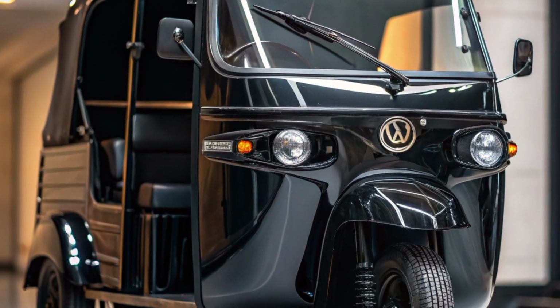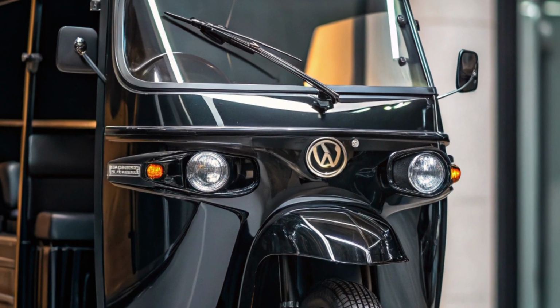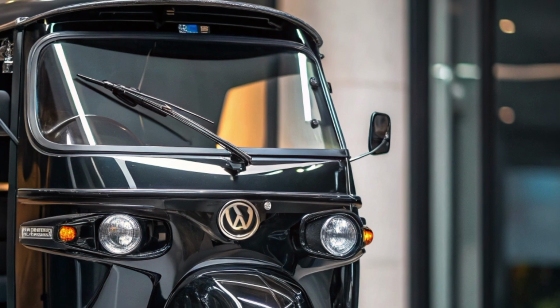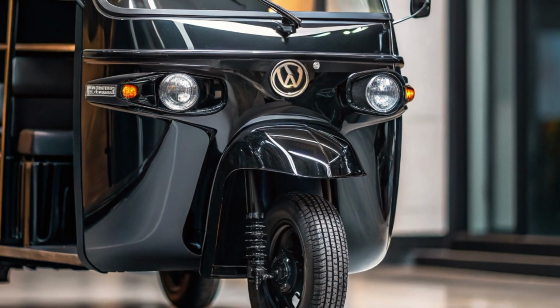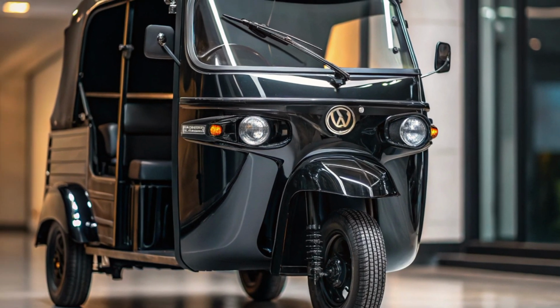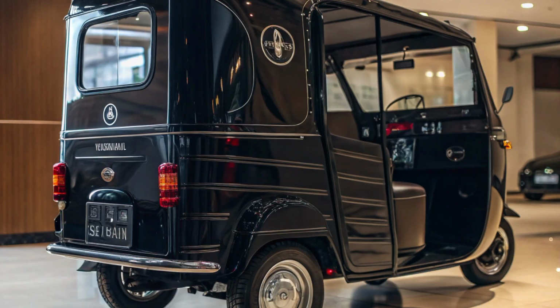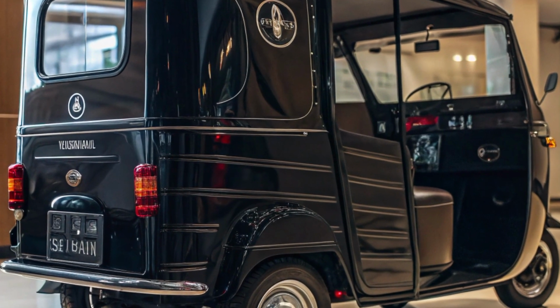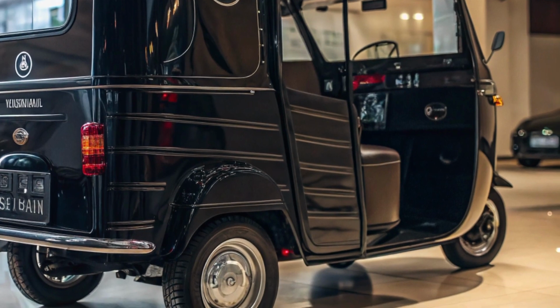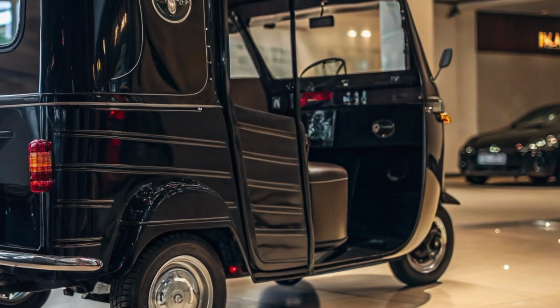Under the hood, this rickshaw comes powered by a newly developed engine or electric powertrain, depending on the variant. Reports suggest Yamaha might offer both petrol and electric options to cater to a broader audience. The petrol version is likely to feature a 150cc engine tuned for low-end torque and fuel economy, ideal for city commutes and short-haul transport. On the electric side, users can expect a range of around 100 to 120 kilometers per